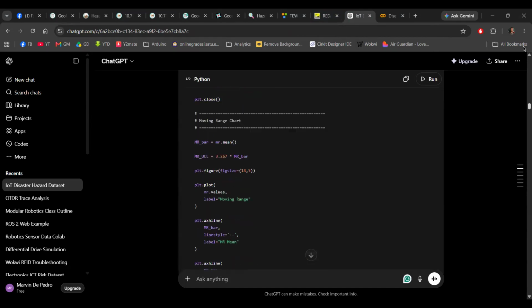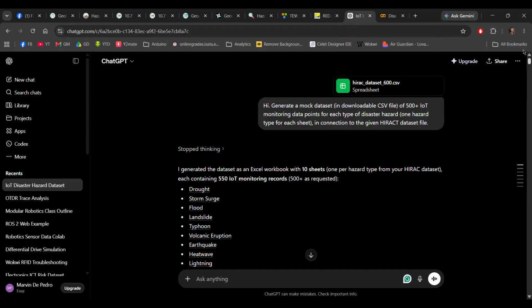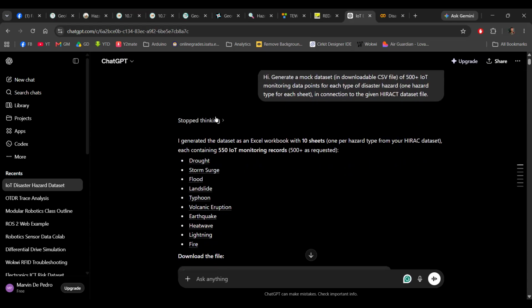But what you see right now is ChatGPT, which I asked to generate a mock dataset. I uploaded my Hierarch dataset from session one so that ChatGPT would have a reference for what the dataset should look like.